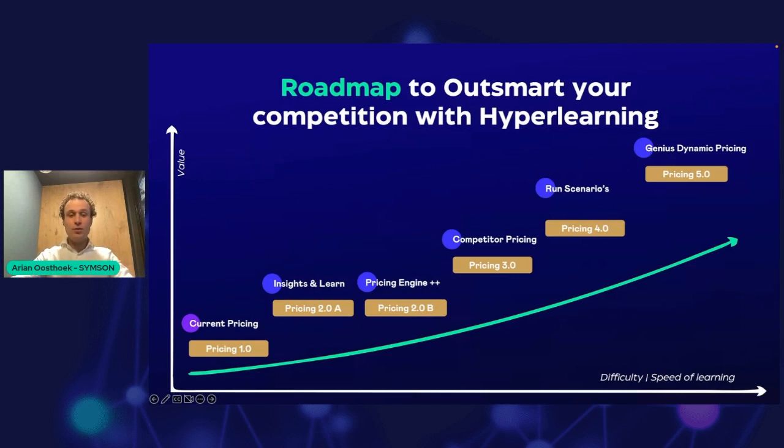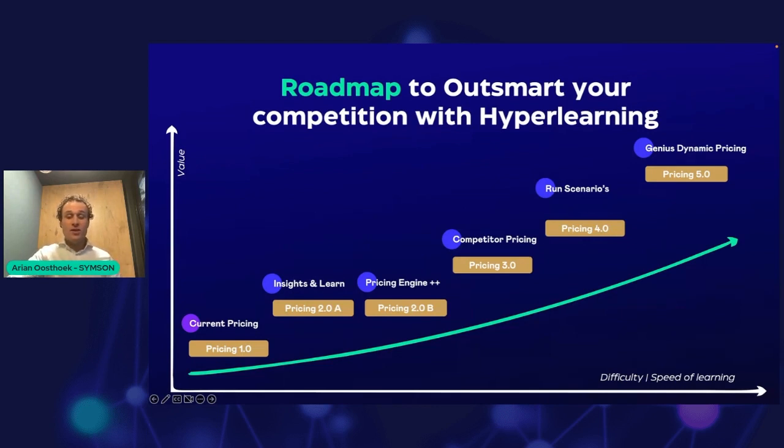But here at 4.0, you're able to make predictions, so to look into the future. So you can use our AI algorithm to make predictions and to answer questions like, if I increase my prices by 5% for a selected group of products, what happens with my margin and what happens with my revenue? These kind of smart questions you can ask the system, and the system helps you to give recommendations of optimal prices.